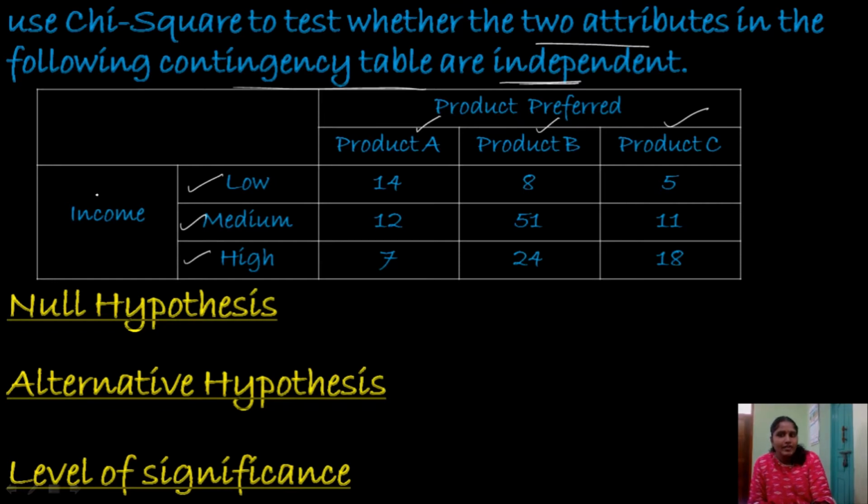Here the two attributes are income and product preferred. So we have to test whether these two attributes are independent or dependent. For that, we make use of chi-square test for independence of attributes. Let me first set up the null hypothesis and alternative hypothesis. Null hypothesis is usually denoted as H naught. I am going to set up the null hypothesis as the two attributes